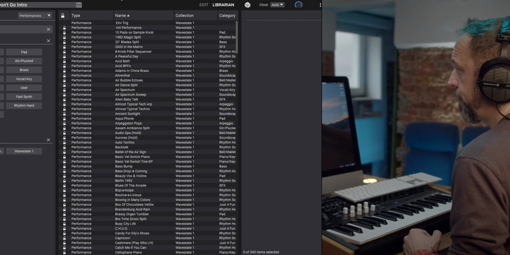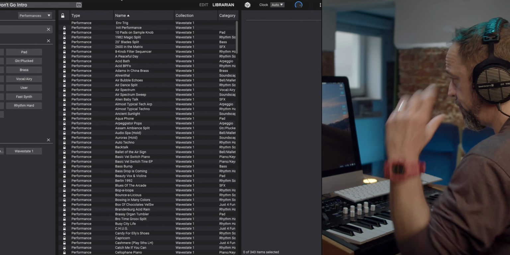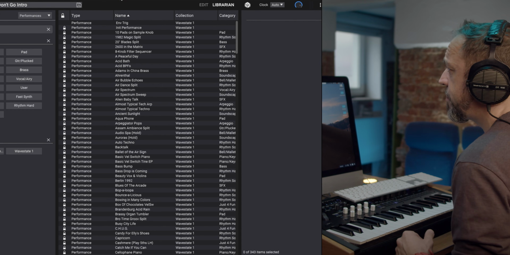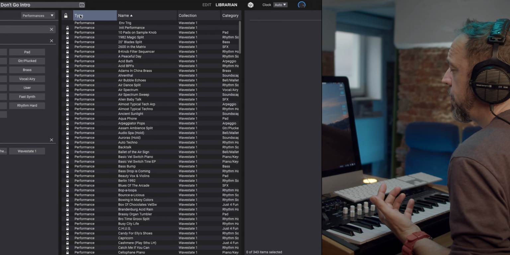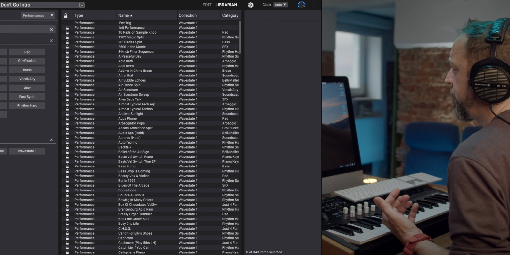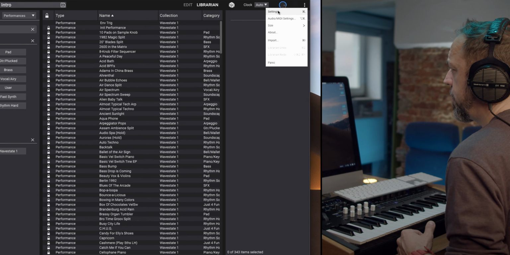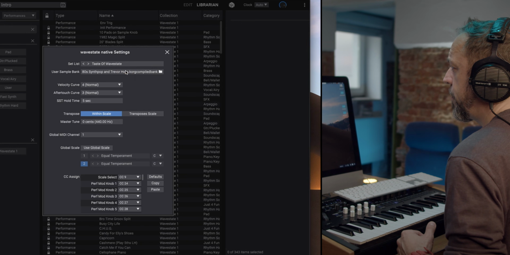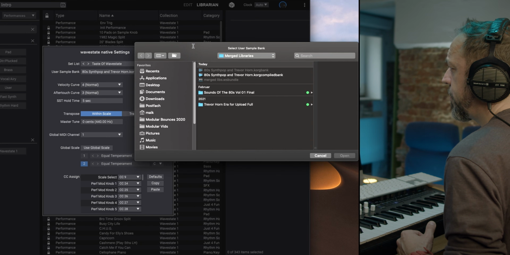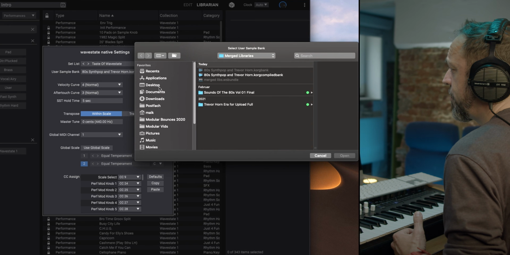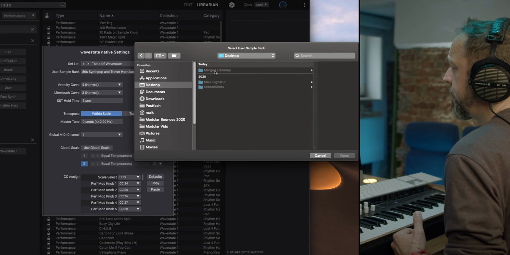And for the native version, for the WaveState plugin, it's quite the same. You select the sound bank, the compiled sound bank that you just created with the sample builder.